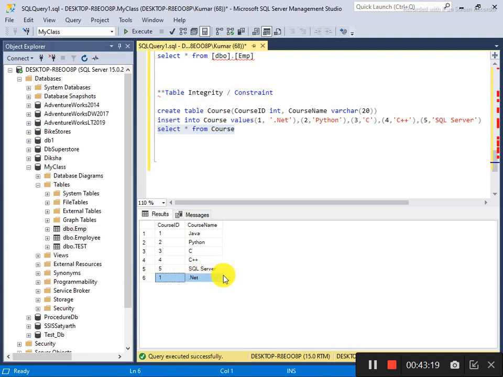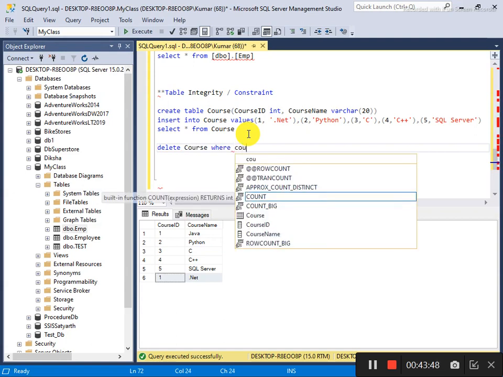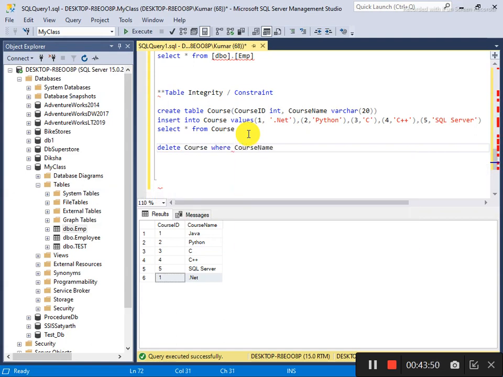So I want to make a restriction so that course ID or course name would not be repeated multiple times. So for right now I will delete it: delete course, course name, course .NET.